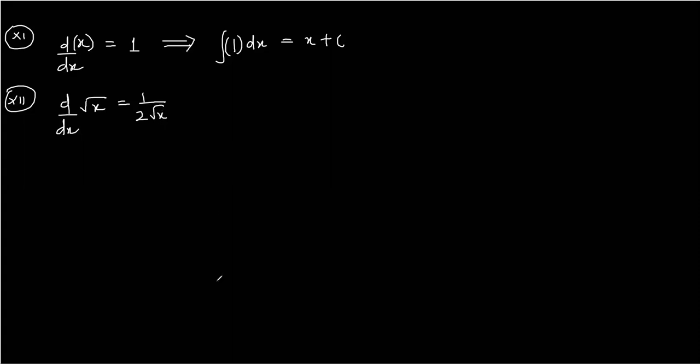So if d by dx of root x is 1 upon 2 root x, this implies integration of 1 upon 2 root x dx will be root x plus c. But students, I'm not happy with this, as I'm getting this 2 in the denominator. So what I do is,